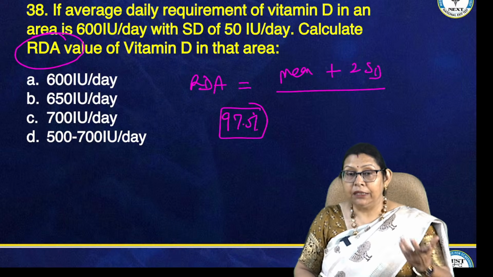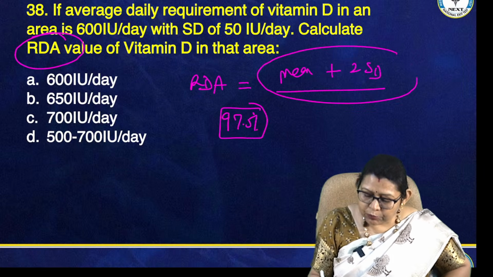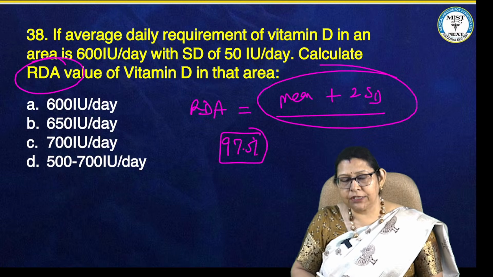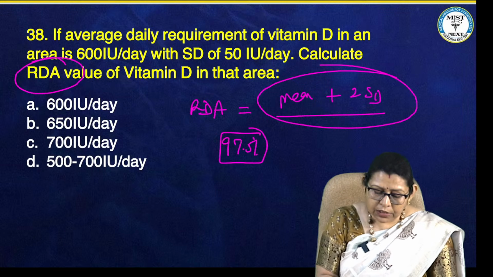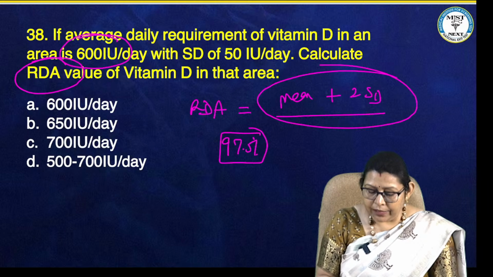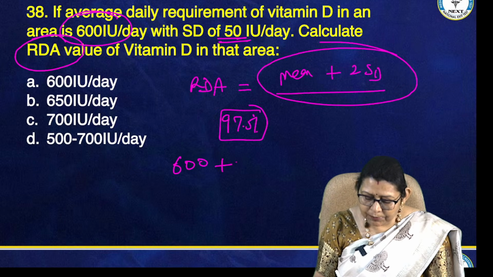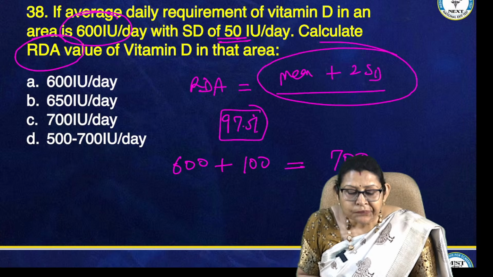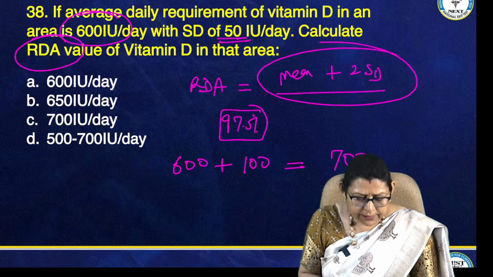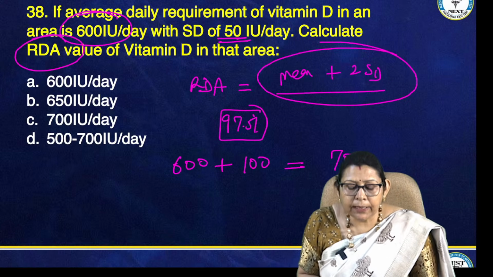ठीक है. That's why the average requirement is not preferred. The RDA value is preferred. So यहाँ पे simply आपको mean plus 2 SD value निकालना है. ठीक है. So statistic का it's integration with the nutrition. So actual value is 600 and SD value is 50. So double of this SD, 600 plus 100 and that will be your 700. ठीक है. So you all are answering it is 700. So option beta यहाँ पे